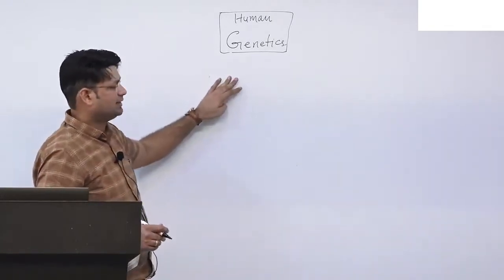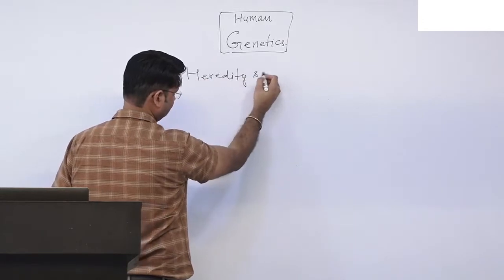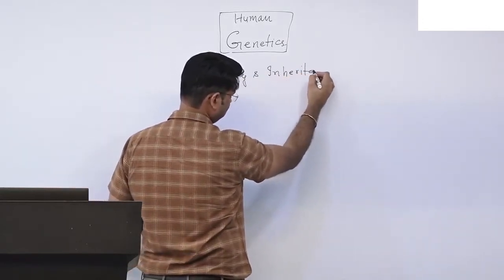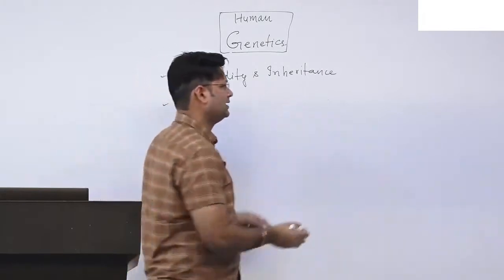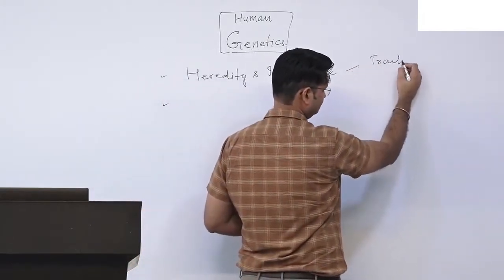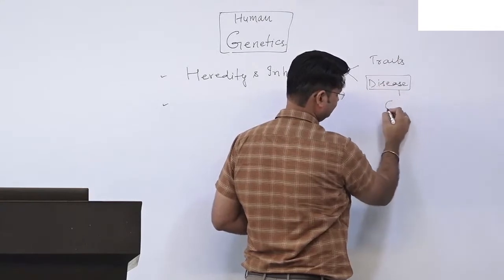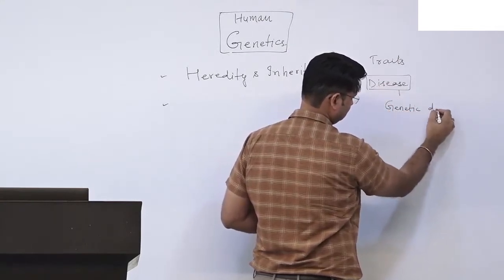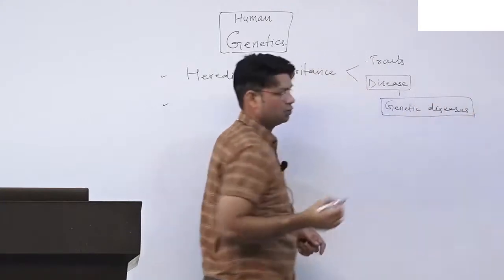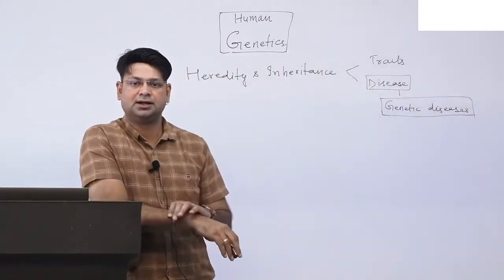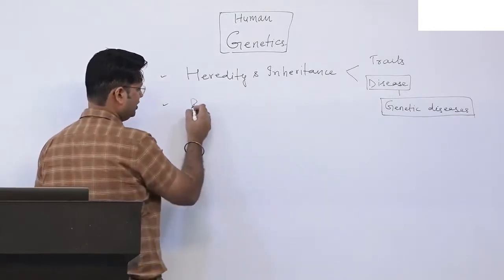Now, in genetics you study primarily heredity and inheritance at the individual level, and you cover this inheritance of traits as well as diseases. So, in a sense, you talk about genetic diseases. Some of these diseases may be because of particular gene alterations or chromosomal alterations, that you study here. You also study population genetics,